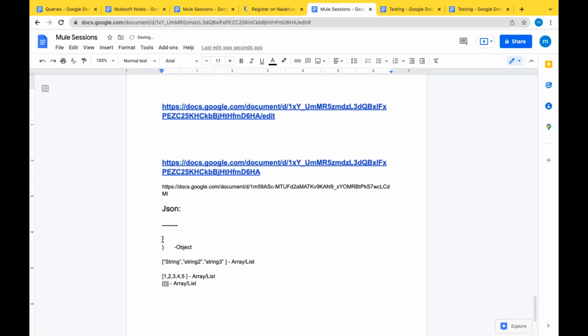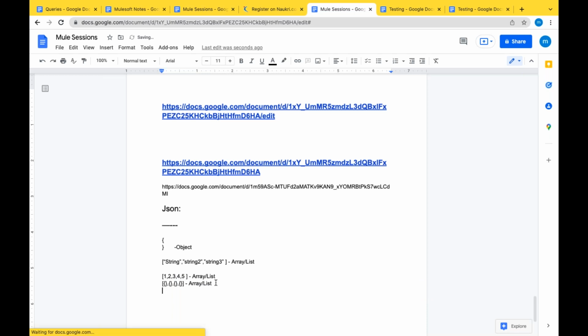This is an object. List of objects: object, comma, object again, comma, object again. List of strings, list of numbers, list of objects, list of hybrid.